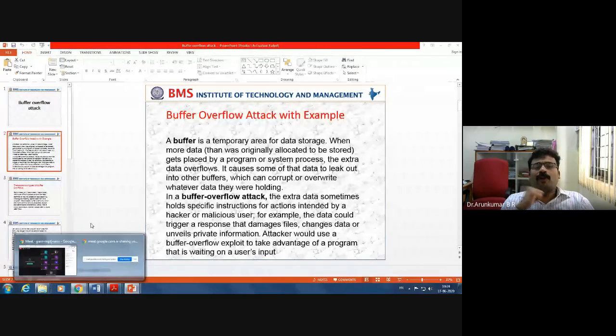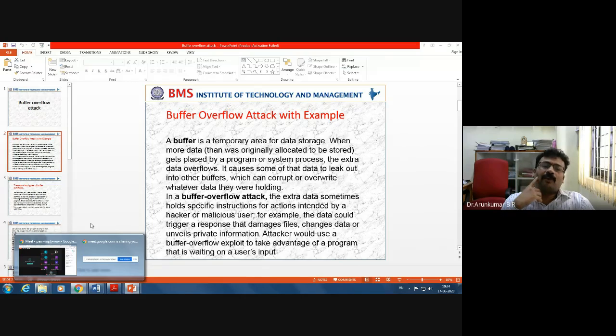So in a buffer overflow attack, extra data sometimes holds specific instructions for actions intended by a hacker or malicious user. The data could trigger a response that damages files, changes data, or allocates the buffer space to some other program. The other program will start using it.